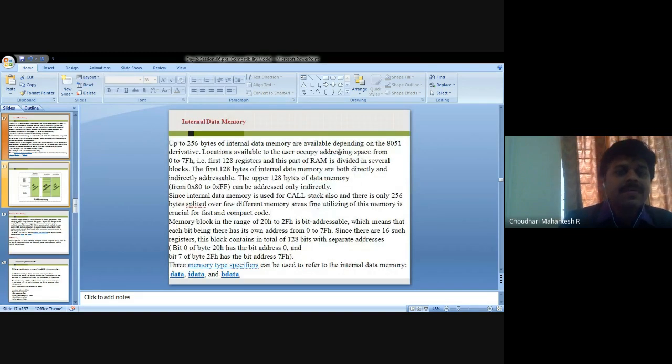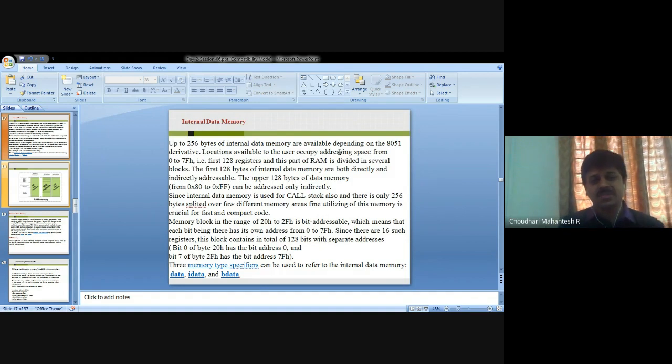Then internal data memory: up to 256 bytes of internal data memory are available depending on the 8051 derivative. The locations available to the user occupy the address space from 0 to 7FH, that is the first 128 registers, and this part of RAM is divided into several blocks.